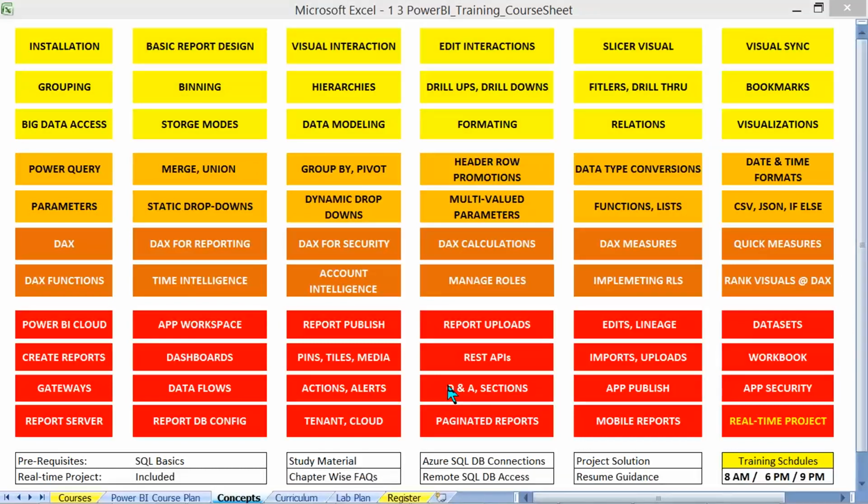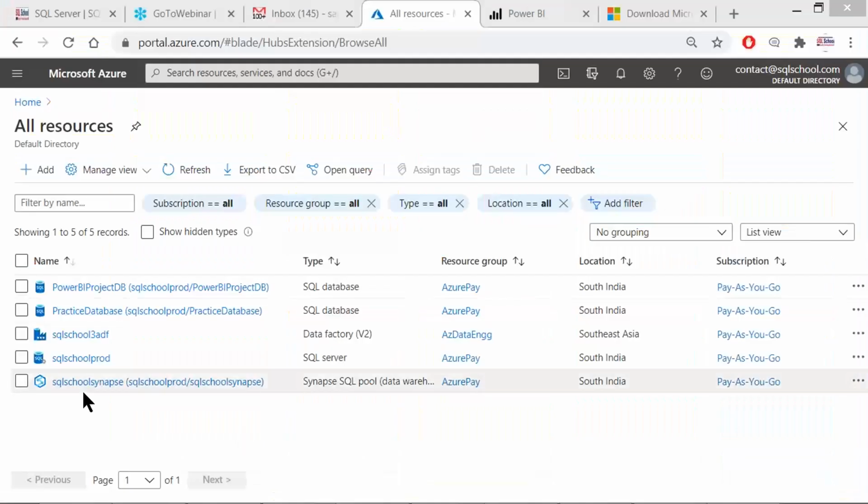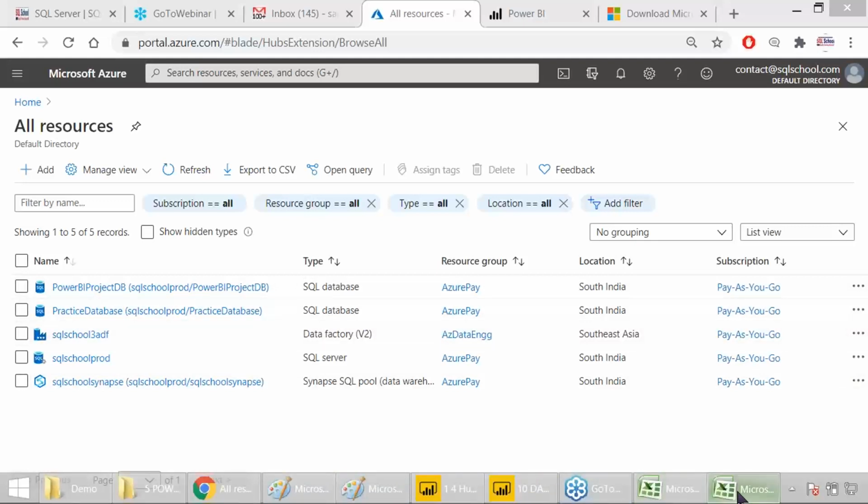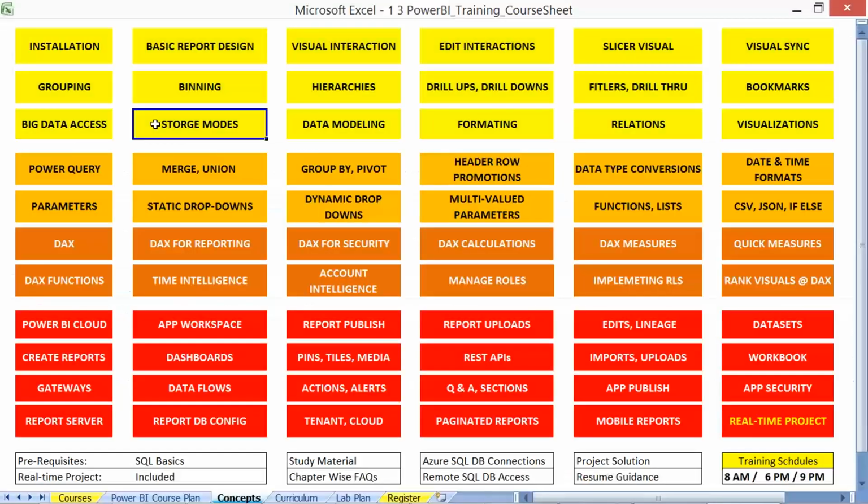So you would be given access to the Azure SQL databases. That would be the data sources for reporting in Power BI, various storage modes, data modeling operations, formatting, relations, and visualizations.